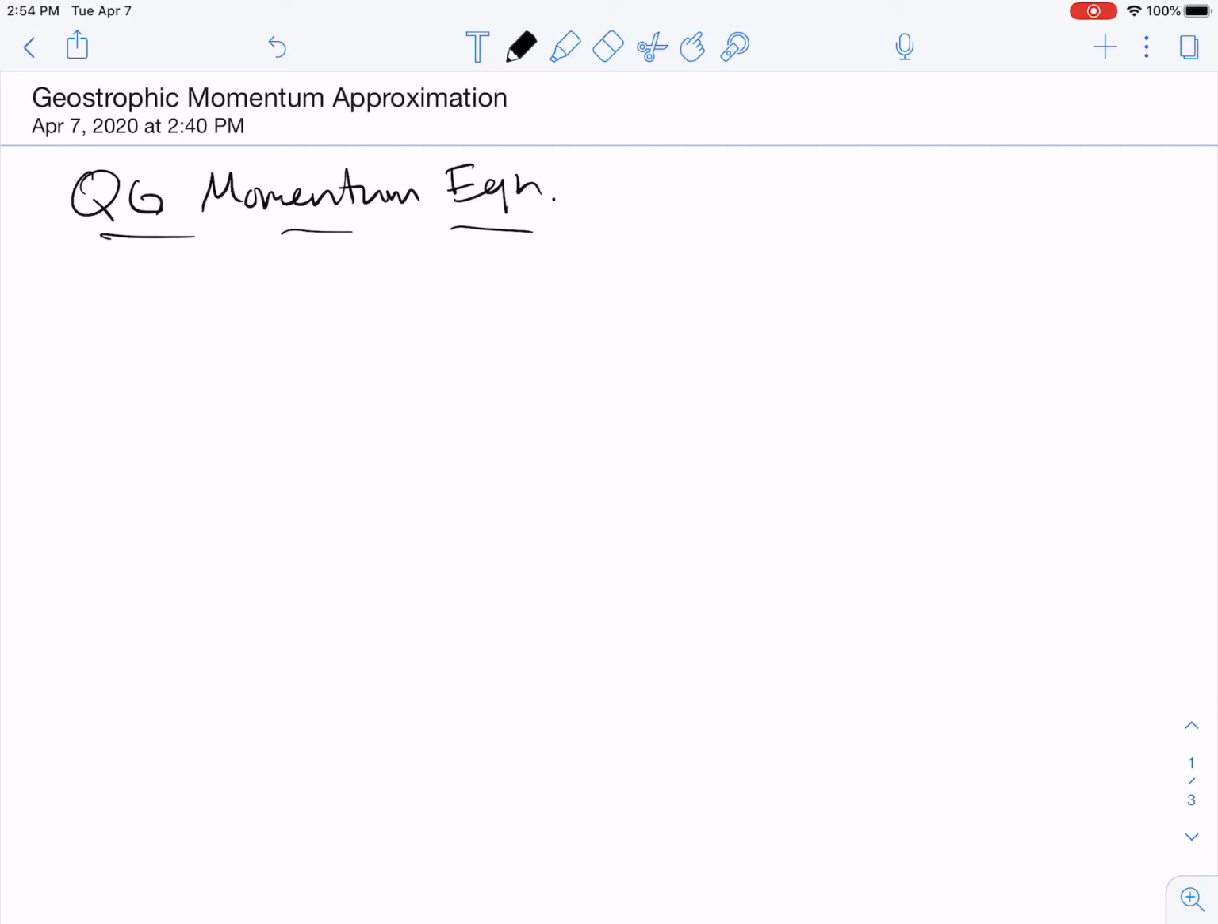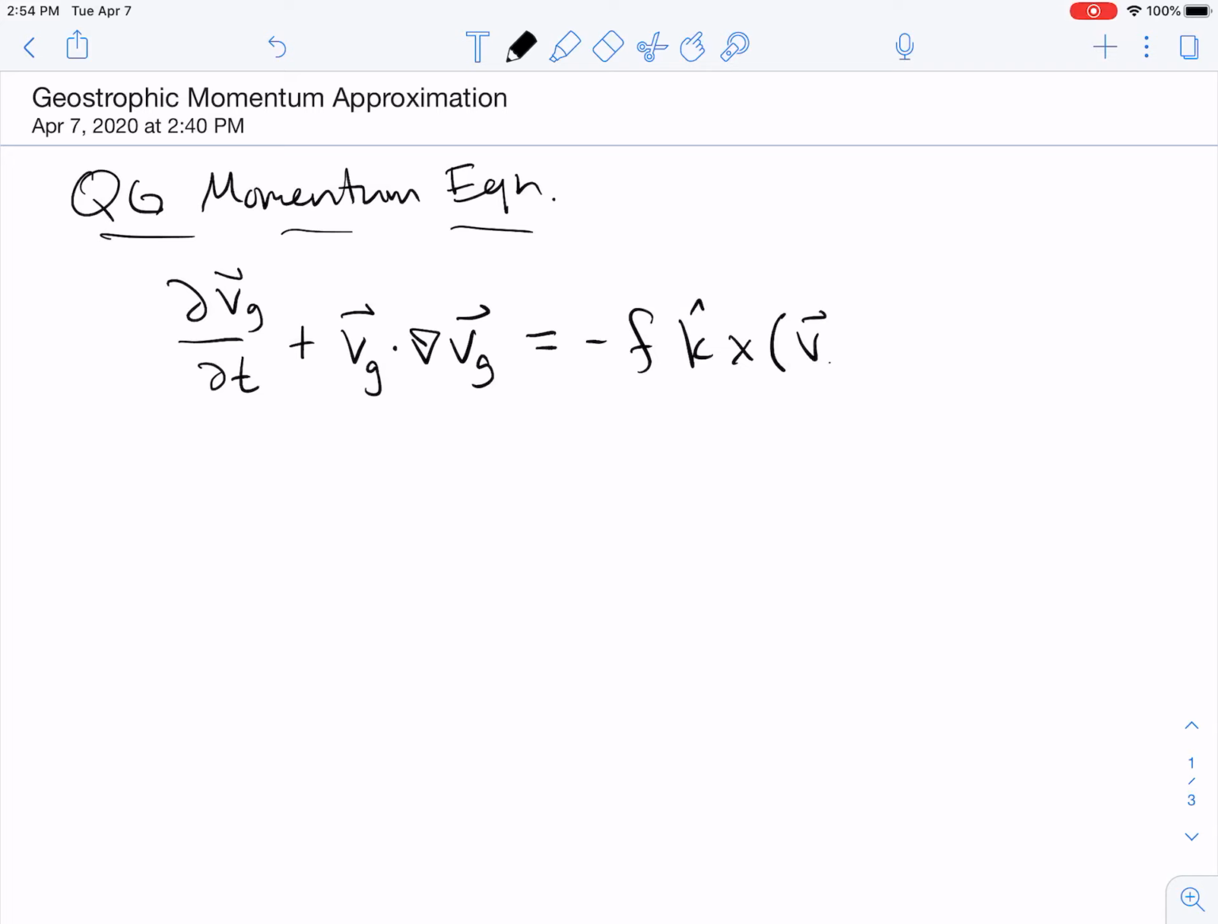And so let's recall that our QG equations, dVg/dt plus Vg dot del Vg, these all being vectors, so we are doing two equations here in one, equals minus f k hat cross Vg plus Vag, our ageostrophic wind, minus del p phi. And so with our equation here,